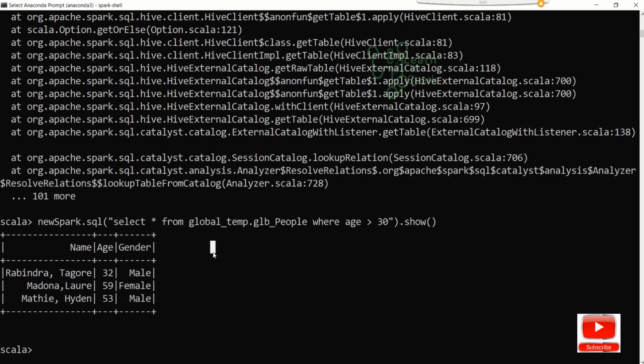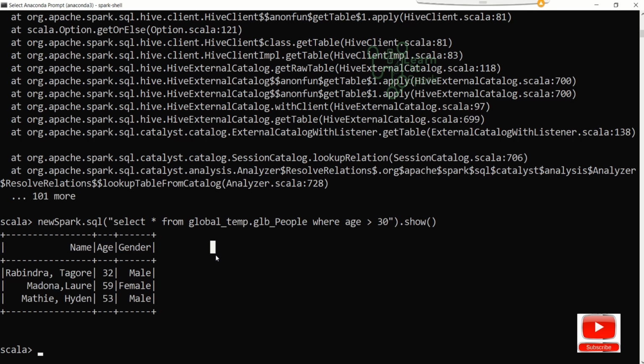This is a major difference. If we create a temporary view, it will be available only in that session alone, whereas the global temp view can be used in different sessions in that same application itself.